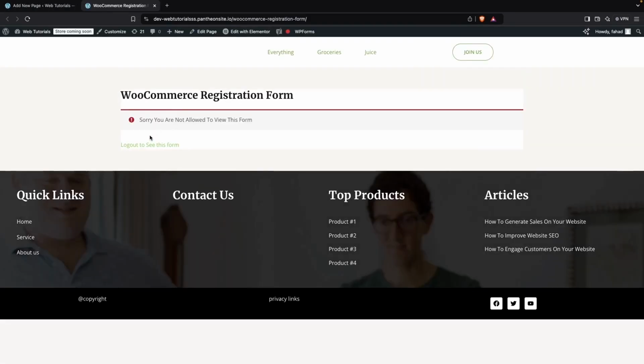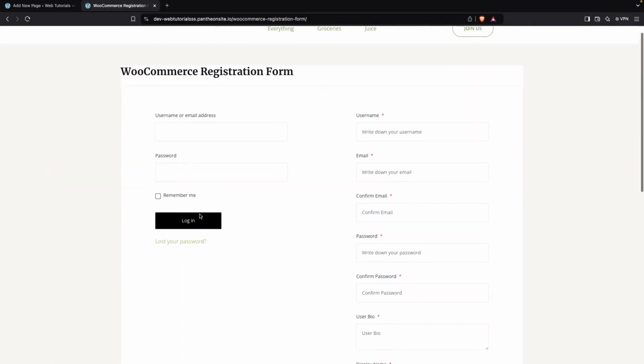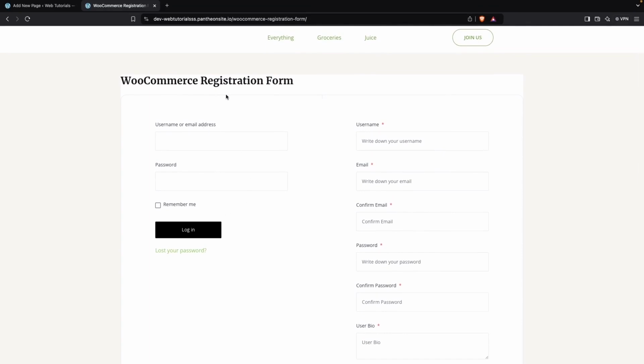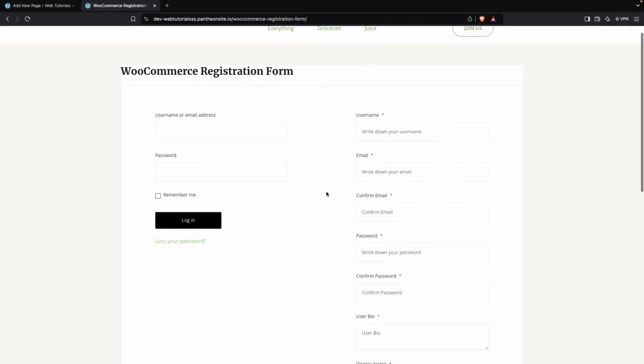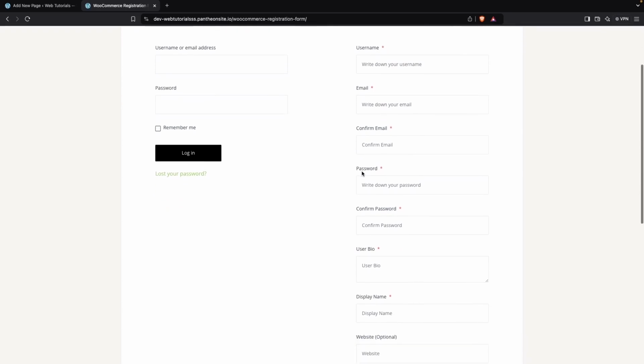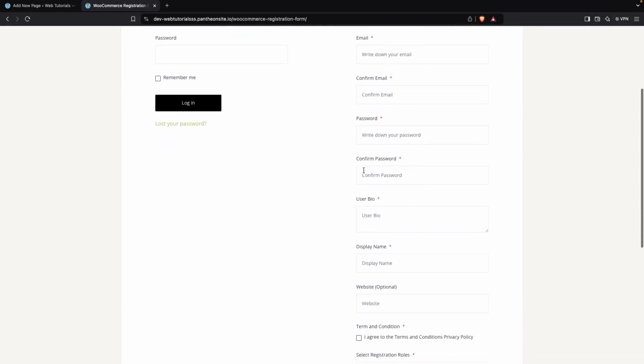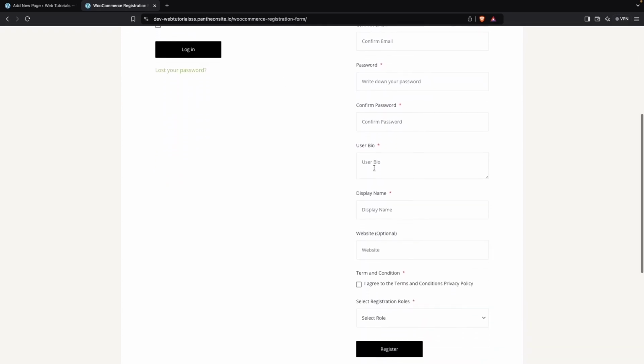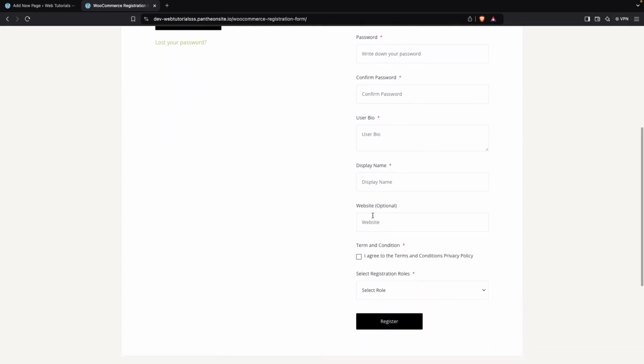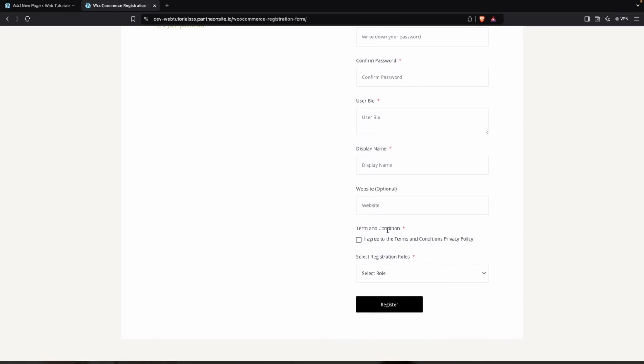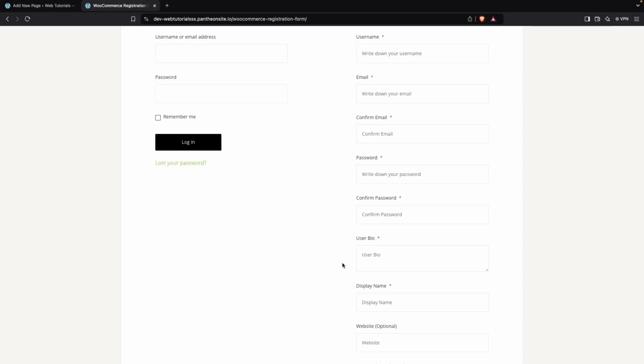All right, to see the form, I have to log out. So I'm going to simply click on the logout here. Perfect. So now you'll be able to see our WooCommerce registration form. So in our form, we are having the username, email, confirm email, then we have the password, then we have the confirm password, then the user bio, display name, then we have the website, which is optional. And in the last, we are having terms and the condition. And then we are having registration roles. So this is how we can add custom fields into our